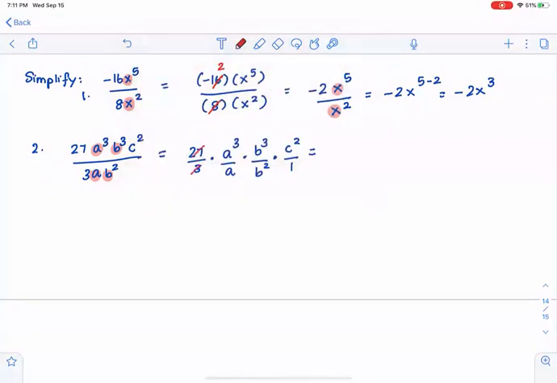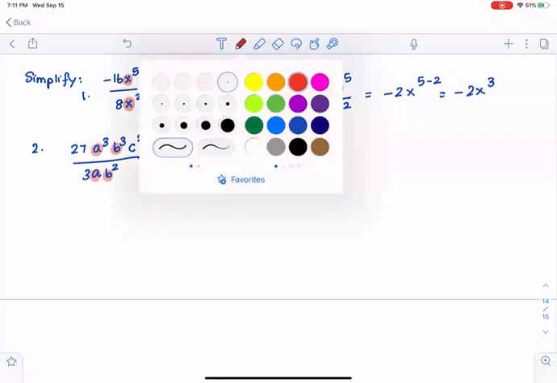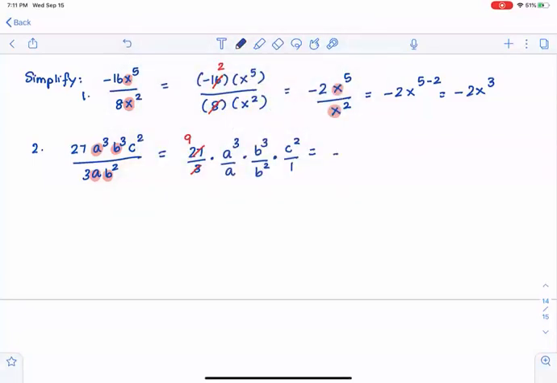We can cancel. Nine. For the a terms, we use the quotient rule. The bases are identical, so we would simply subtract the powers. Numerator power minus the denominator power. So 3 minus 1